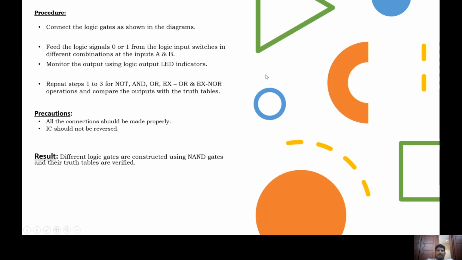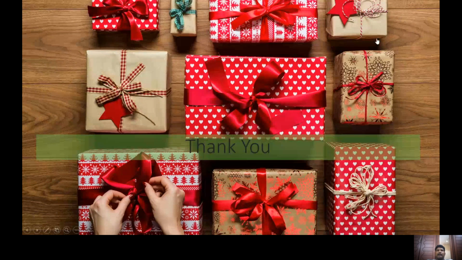This is the procedure. So this is how we can implement all the basic gates using NAND gate. Similarly, OR gate, NOT gate, XOR gate, XNOR gate, we can implement using NOR gate also. That's why NAND gate and NOR gates are called